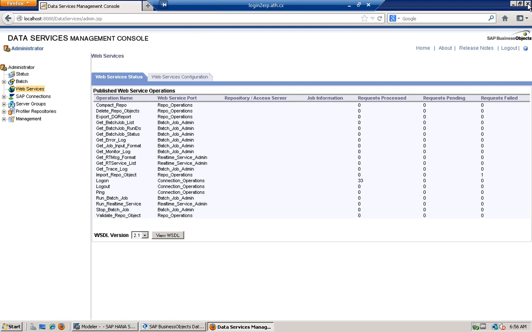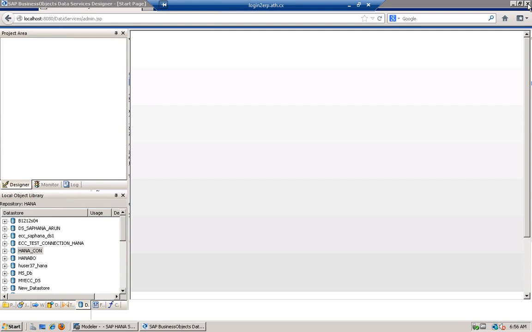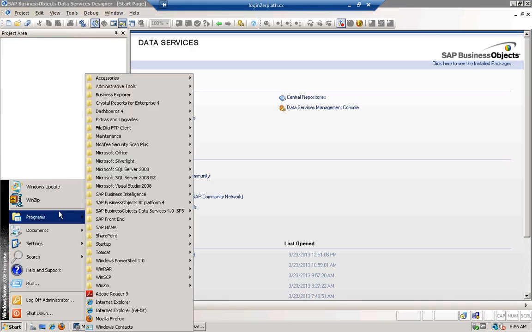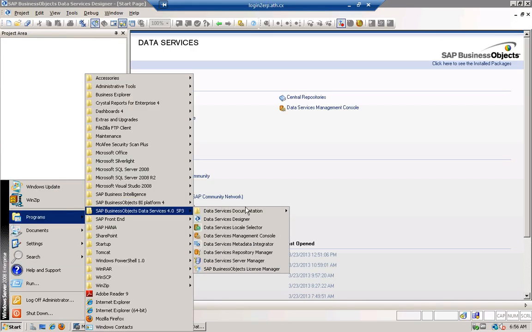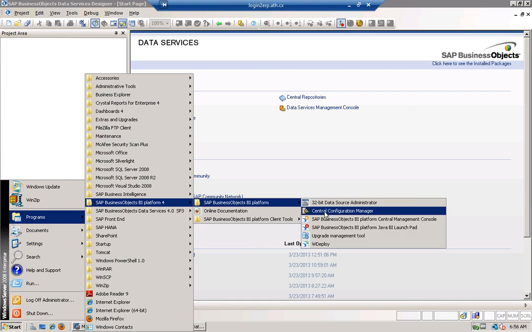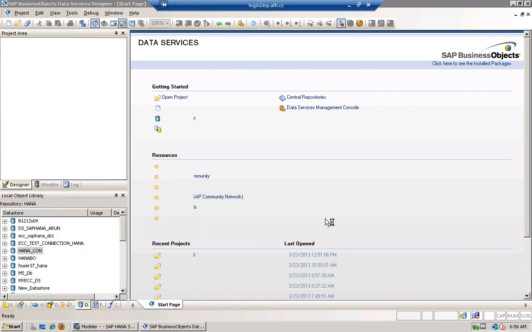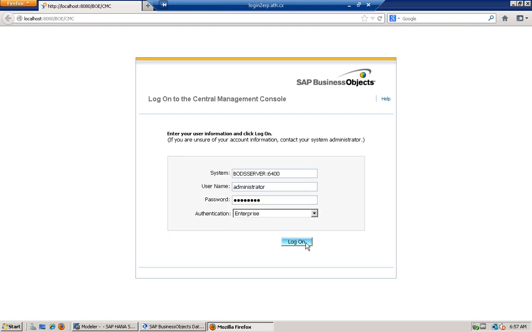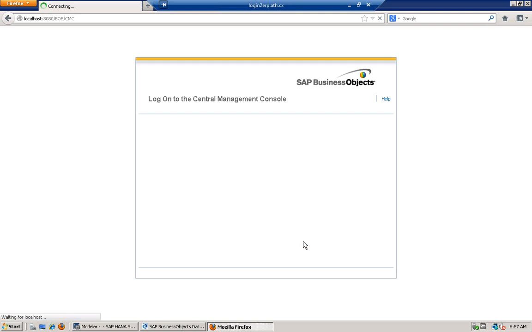You would also have the central management console, right? So if you go into the CMC, again, this is also a one-time step. You go ahead and define the